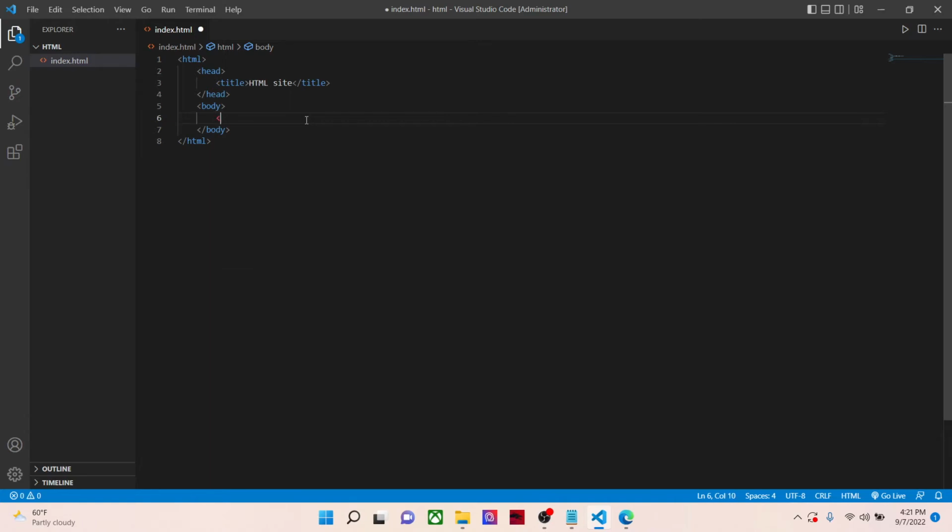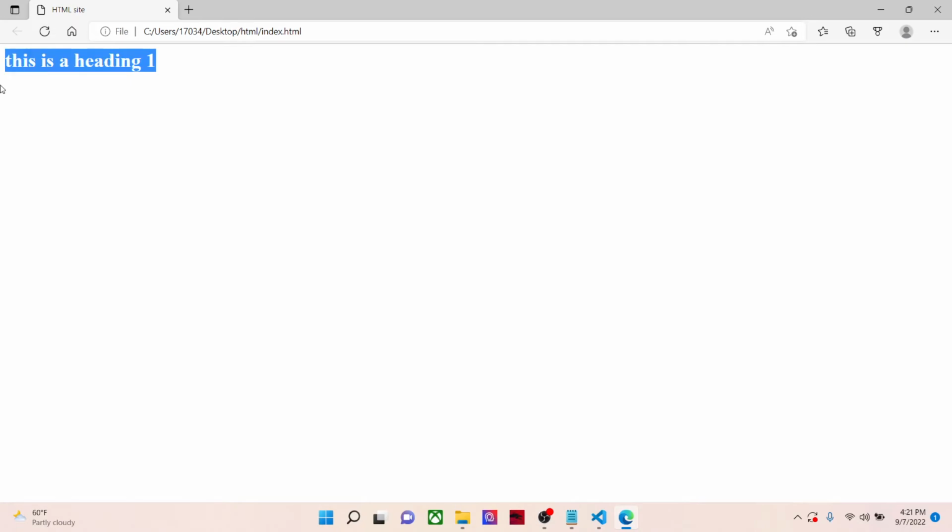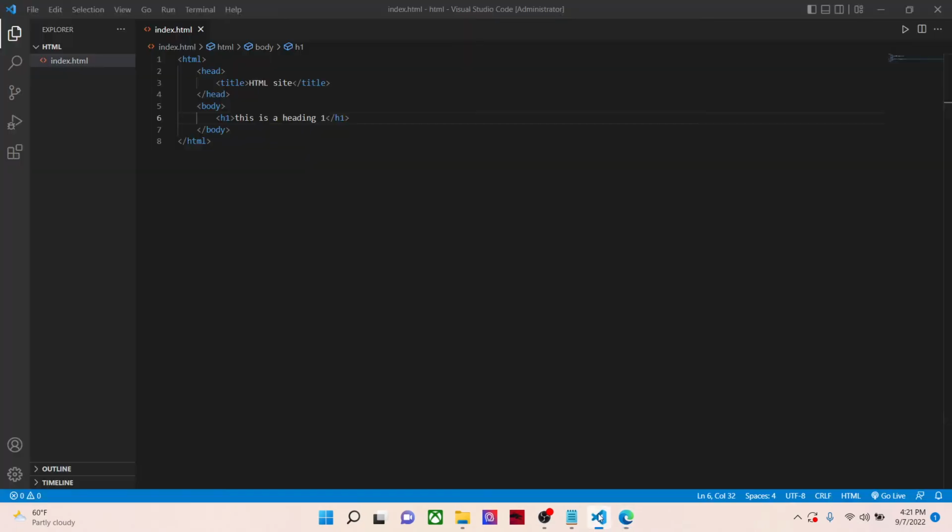For example, if you want to write a heading text, you could say this is a heading 1. So we have 6 headings. We have H2, we have H3, H4,